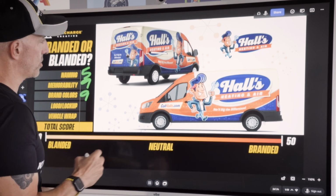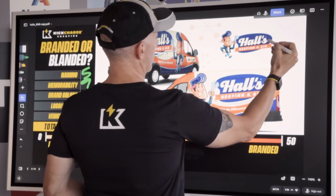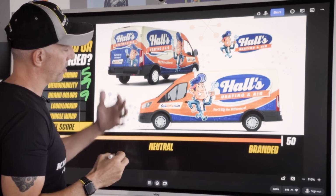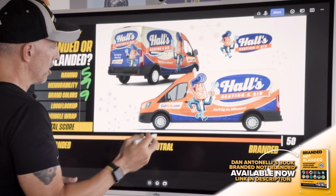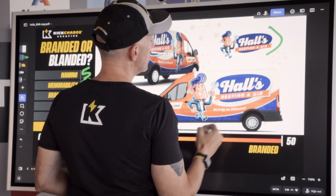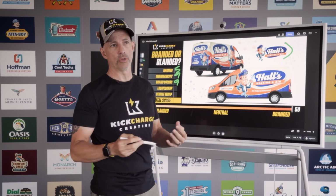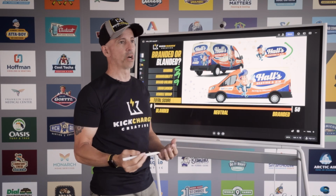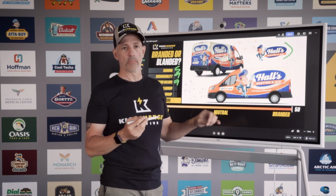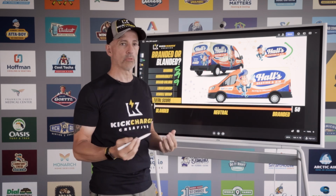And then the logo itself, like I mentioned, we have a much easier to read script. The heating and air lettering underneath in that banner is much more legible. We have the Hall's logo itself sitting in a panel. The nice thing about having a panel-based logo too, if you're considering it for yourself, is that no matter what background that logo will live on, you don't need to ever change the color of it. And of course, the